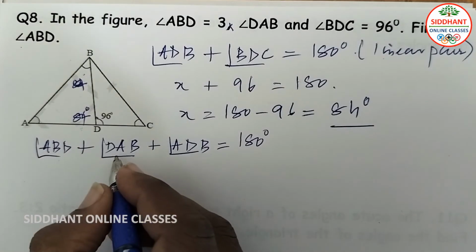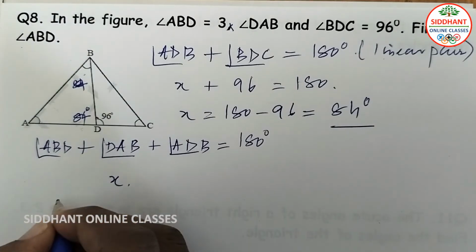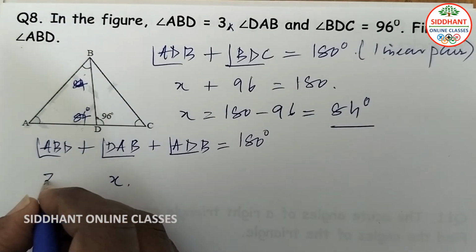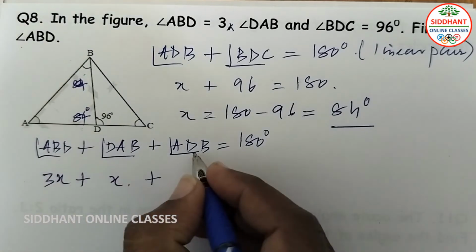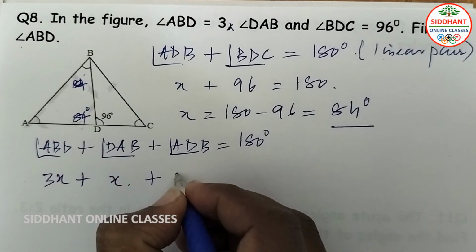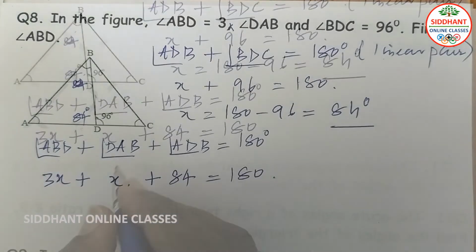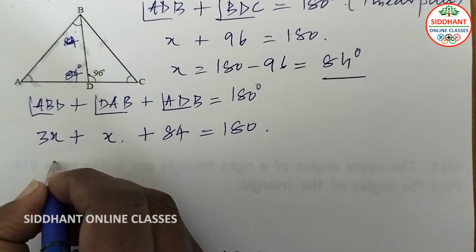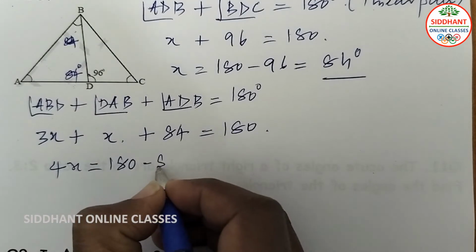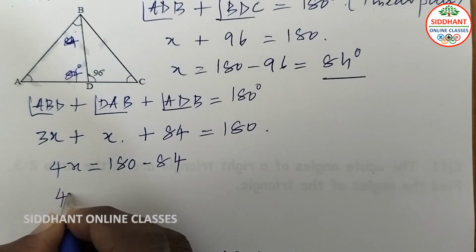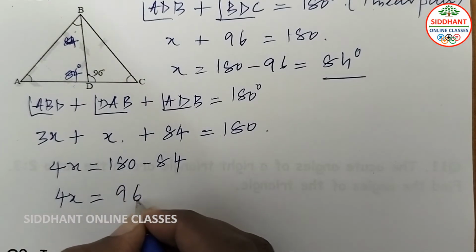So let DAB angle be X. Then ABD angle is 3 times more, that means 3X. So 3X plus X plus ADB, which we have found out to be 84 degrees, equals 180 degrees here. So 4X equals 180 minus 84, that will be 96 here,